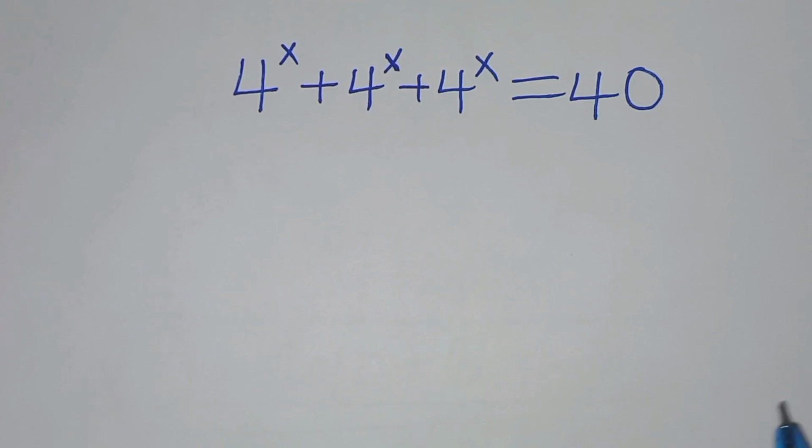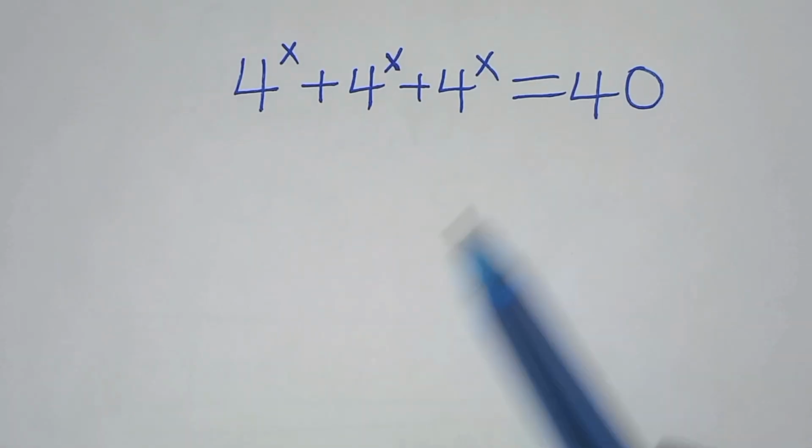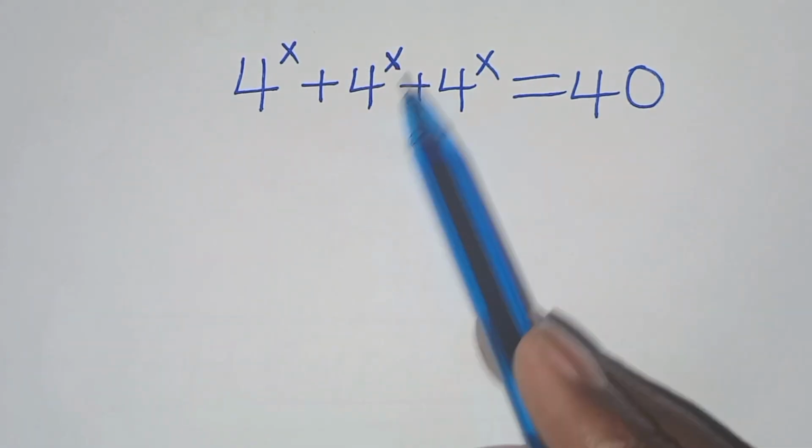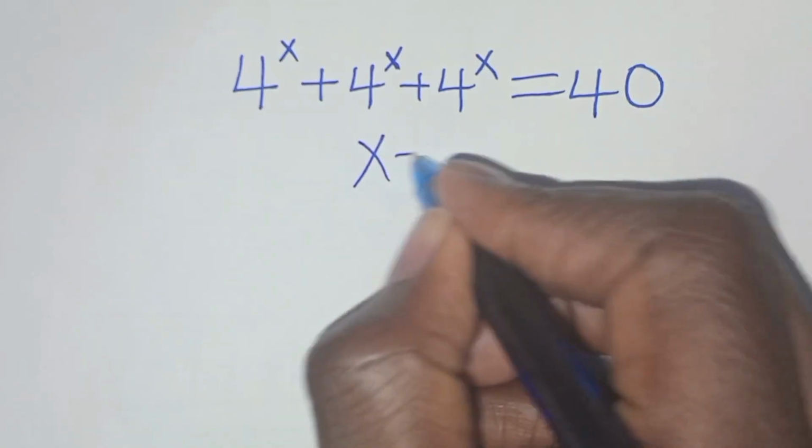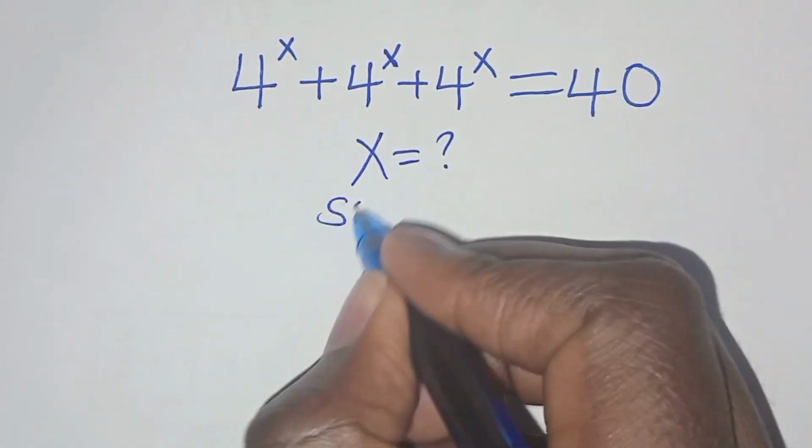You're welcome to solve this nice exponential equation, which is 4 to power x plus 4 to power x plus 4 to power x. This is equal to 40. So what is the value of x? Solution from here,